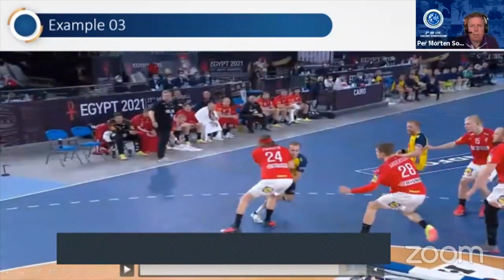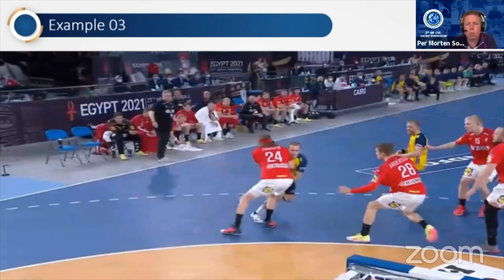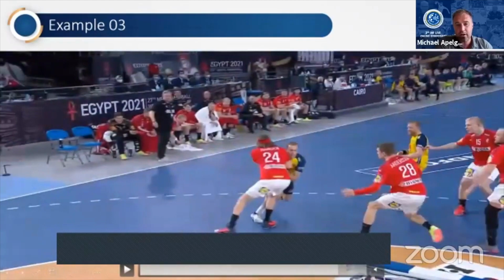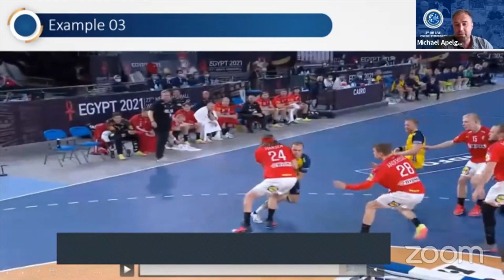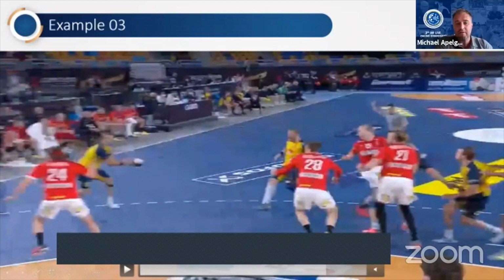Here we see that it's a shoulder and arm, which is the first point of contact. Here there is enough space between number 24 and 28, and number 24 is too late to close the space in this situation. Yeah, and if he was earlier, he wouldn't go into the situation like this. If he was earlier, on a higher position in the defense, and I'm talking about not standing on 6 meters, if he would be standing on 6.5, 7,